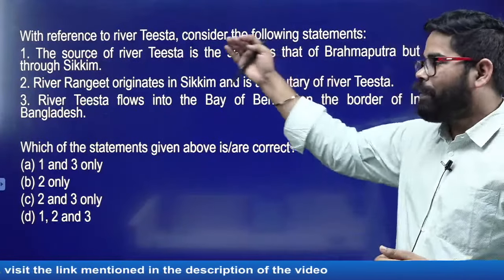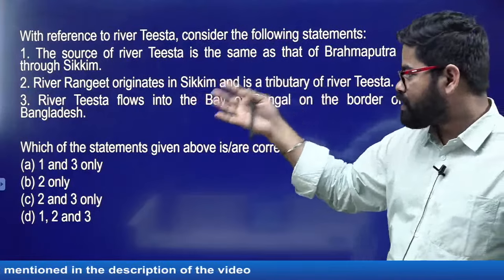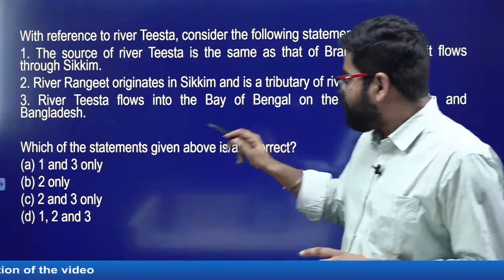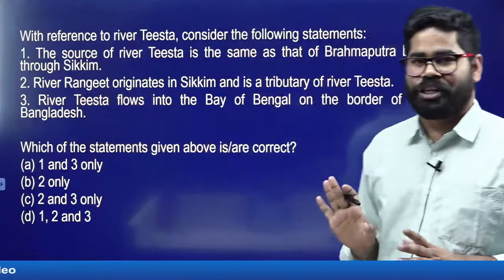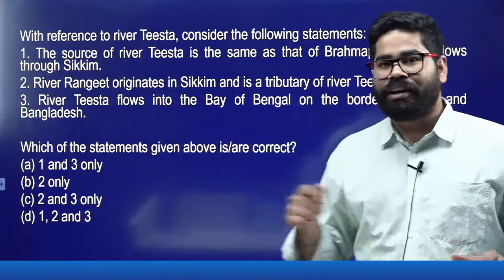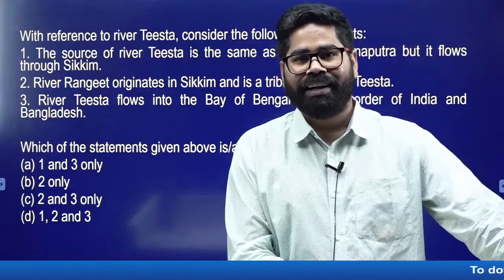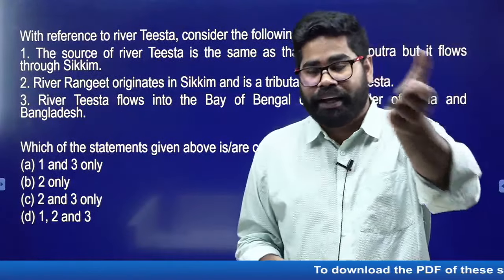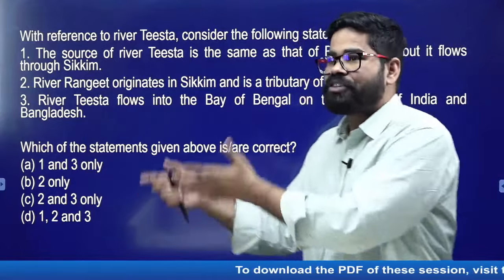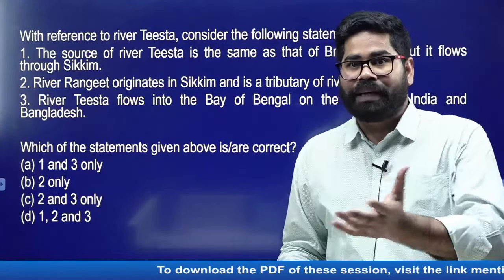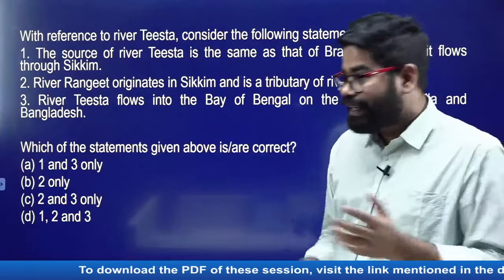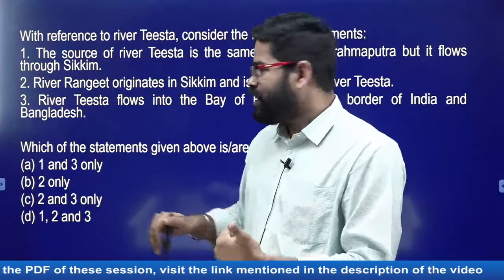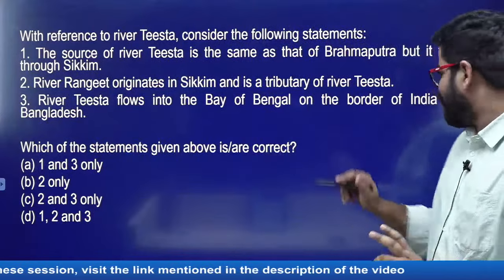Okay, in the upper part of Bangladesh itself, it is joining here. Now see, if you knew that portion, that river Teesta is not directly draining into the Bay of Bengal, it is first joining the Brahmaputra. Brahmaputra is then joined by river Ganga, and then both of them drain, and it is known by the name of Jamuna, and then it finally drains into the Bay of Bengal. If you even know that portion, you could have eliminated the third option.